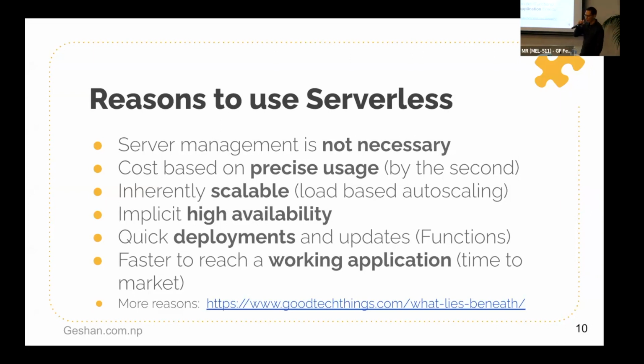Another thing that's good about serverless is it's inherently scalable. You are not worrying about scale. A Lambda function, I think, could easily handle 1,000 requests per second without a glitch. So as long as you can hit it with load, you don't need to worry about anything. You don't need a DevOps team looking after it. As long as you can throw the code over the wall, the cloud provider is basically handling all the scalability. Similarly, high availability is also given because it's the big clouds handling it.